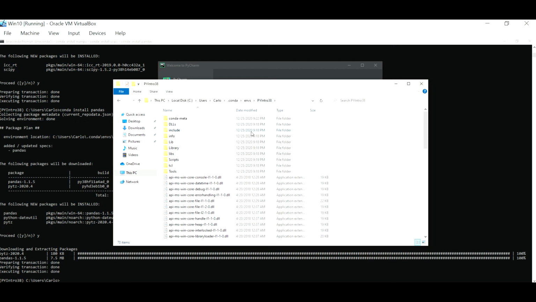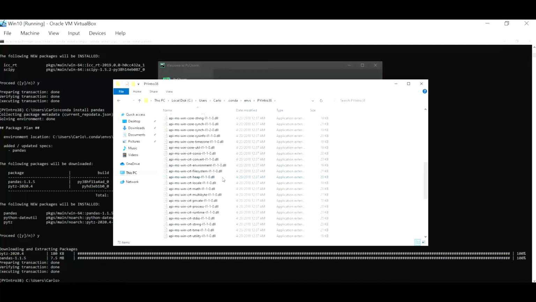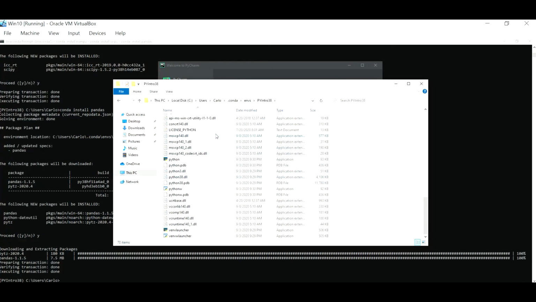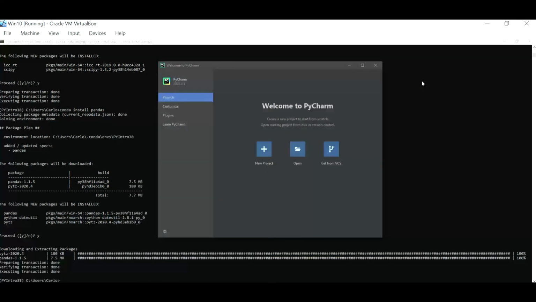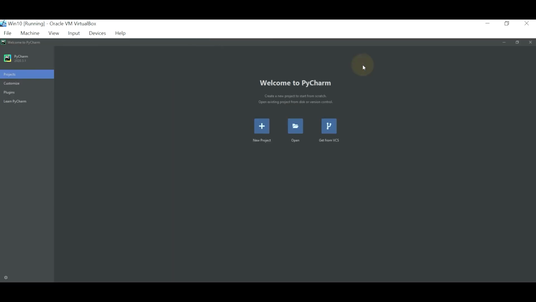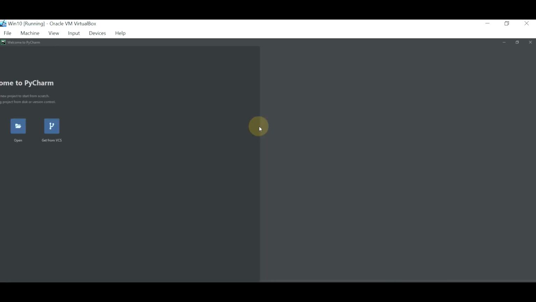When you create another environment from Conda, it will be right here, and all the environments to interpret your code will be saved under that environment. All right, so when we go to PyCharm, we want to call that environment. How you do that is, first of all, you create a new project because we don't have a project to open. So you go to new,